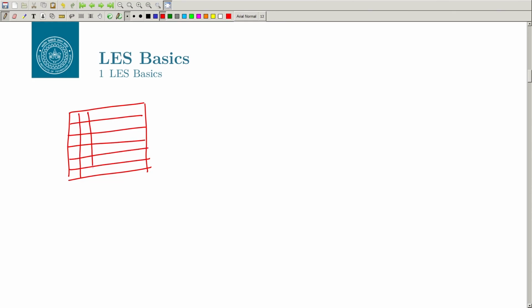Okay. So, this is your grid, and if you want to resolve any eddy, you need these 4 grid points, right. So, if you have an eddy like this, okay, so this can be resolved using these 4 grid points, right,